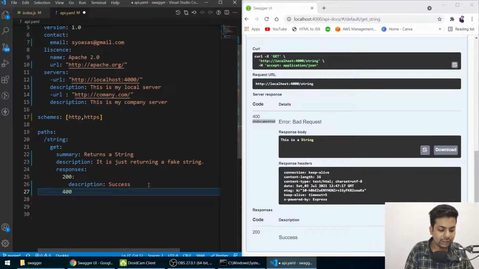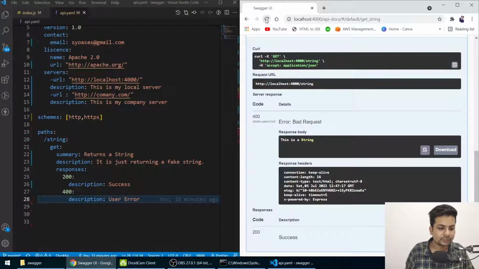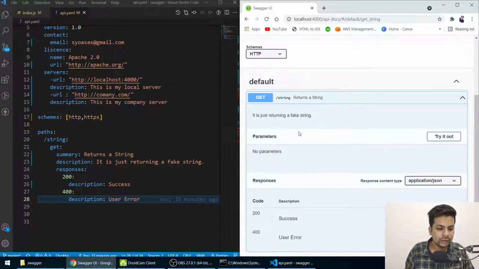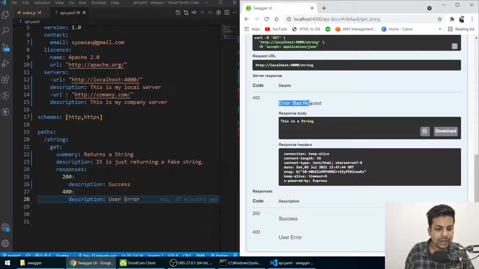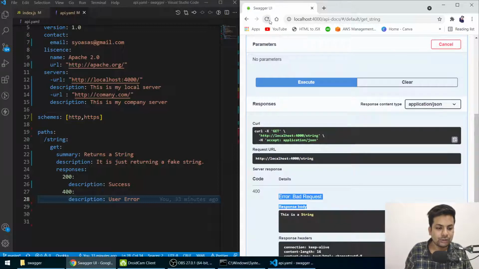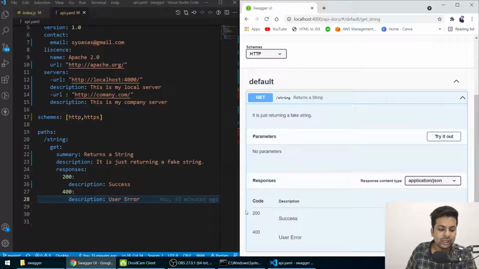So on 400 I'm saying description user error. Okay, so if I save it, reload this, if I go try it out, execute, so see now bad request response body, now there is no error. So if I just show you, by default if you get 200 you will get a success, if it's 400 you can get a user error.